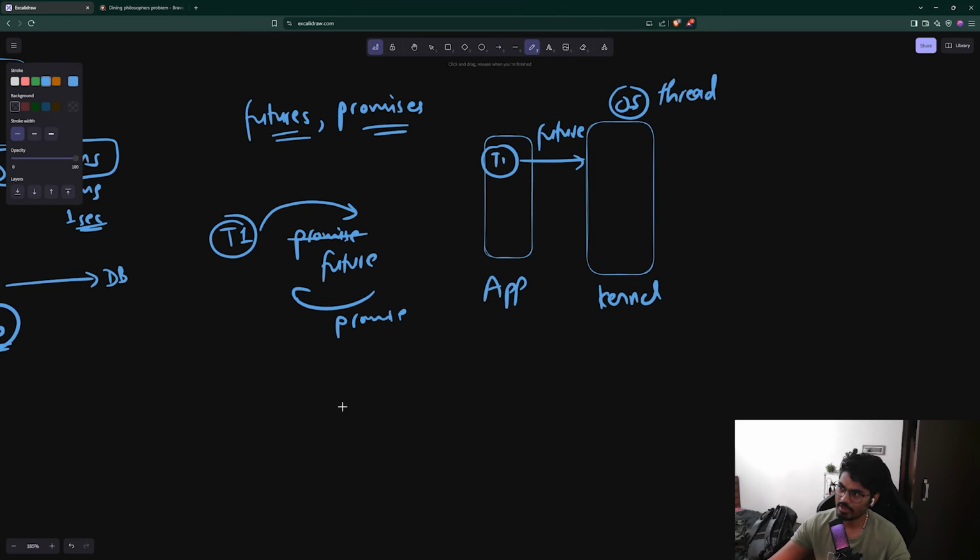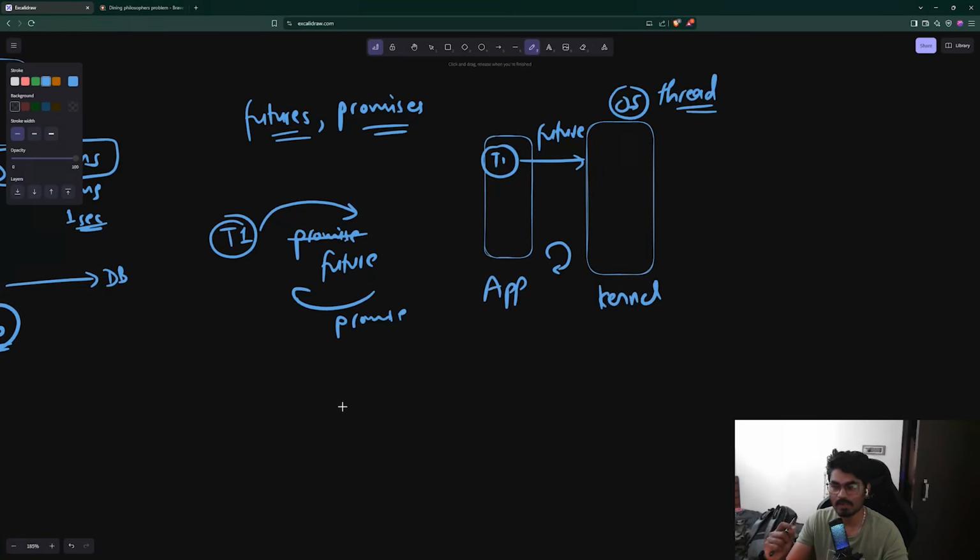And in return, the OS will do nothing, but an event loop is there. So there has to be one program. In our case, it is the event loop. Event loop is nothing but a program itself, right? So there should be an event loop which should be looping again and again to check if the result is there